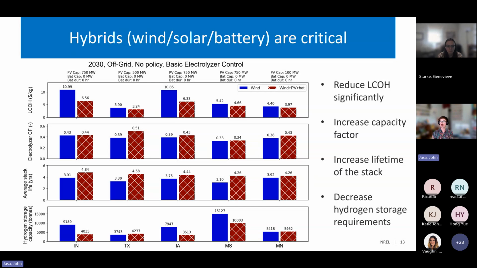Anytime you see blue or a solid color bar, it is a wind-only system that is producing this hydrogen. This would be the case of you have a wind farm directly connected to an electrolyzer cluster or system. Then on the right, we have this red or kind of cross-hatched bar, which is showing when you have a wind, solar, in this case, photovoltaic solar, PV, and battery hybrid system,